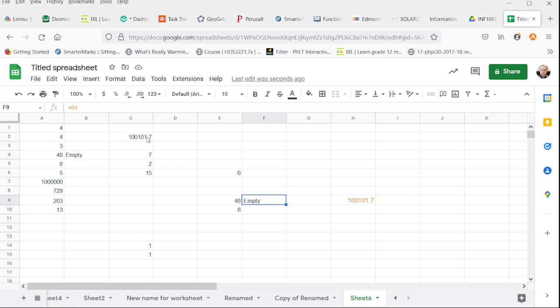But we don't always want that. Sometimes we want to keep it as an absolute reference. Sometimes we want this to equal 48 everywhere. The way we can do that is by putting a dollar sign in front of both the column and the